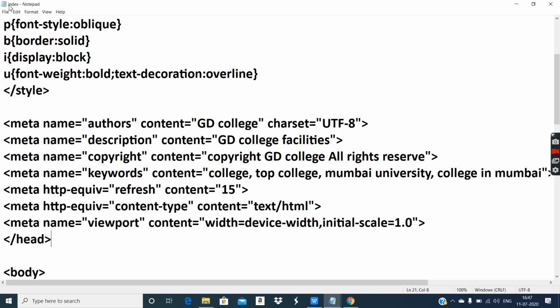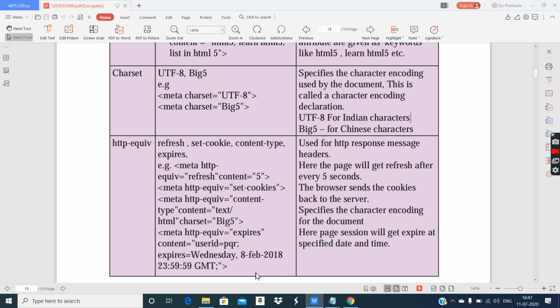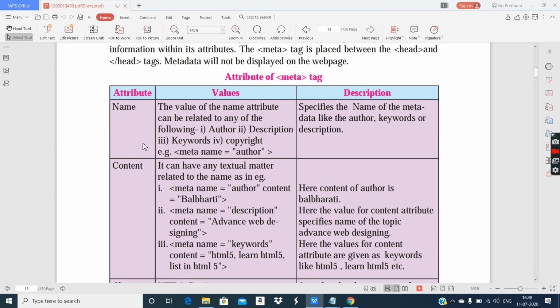As per question, we created two web pages, index.html and page2.html, and we both interlinked them with the help of hyperlink. So in index.html, I have used meta tags. Okay, so there are several attributes of meta tags. They are name attribute, which has many fixed values like author, description, keywords, copyright.